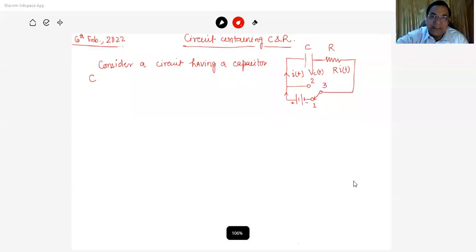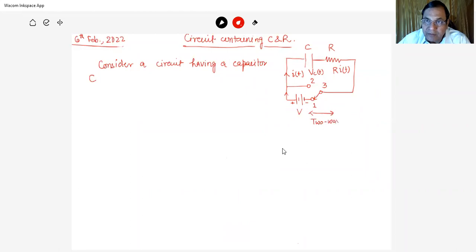Circuit containing the capacitor and inductor along with the DC source. तो मान लीजिए ये एक सर्किट है जिसमें एक वोल्टेज सोर्स है, V is a voltage source and there are 3 points 1, 2, 3. These are the two-way switch. इसको कहते हैं